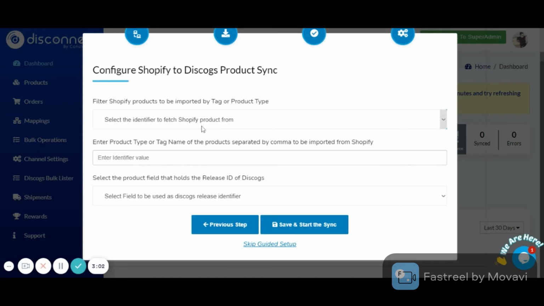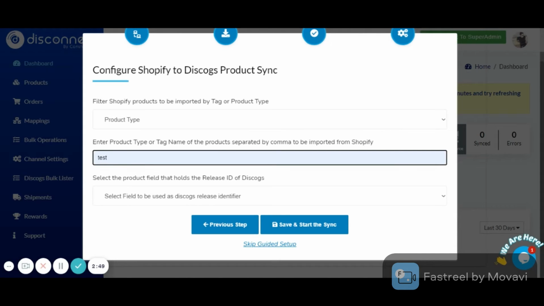Whatever products you are going to sync from Shopify to Discogs, you have to add those products under any tag or product type and select that here. If you are selecting product type, for example, you have to add the product type name on which those products are there. For example, I have added test.